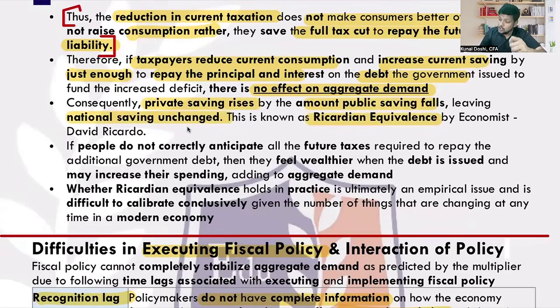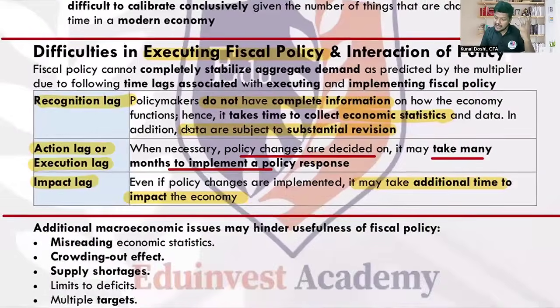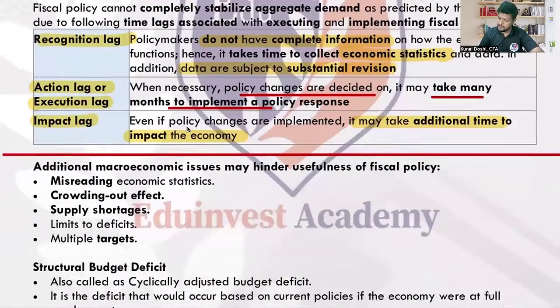Okay. So if people do not correctly anticipate all the future taxes, then the economy will grow. But if they correctly anticipate that the current reduction in tax will lead to more taxes in the future, then there will be no effect in the economy. So what is Ricardian equivalence? Government reducing taxes means government wants you to spend more. That will not happen because people are smarter and they think that there will be future taxes. So basically some of the spending measures, some of the expansionary measures by the government are futile. They are useless. Understood? That is Ricardian equivalence. Rest of the thing you can just walk through.